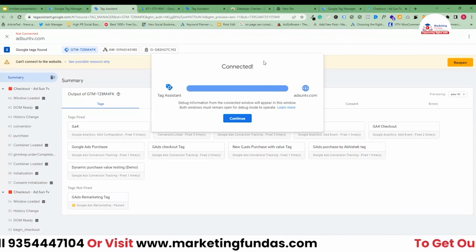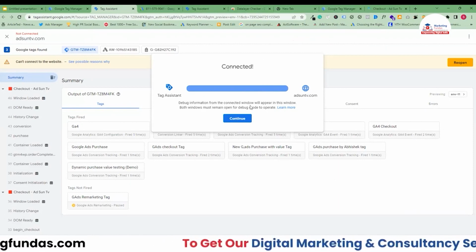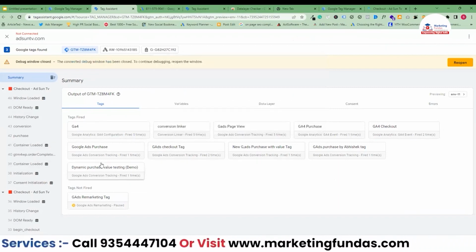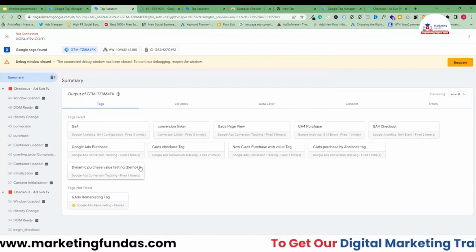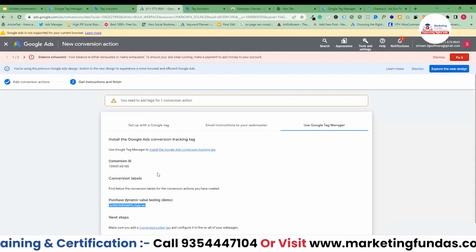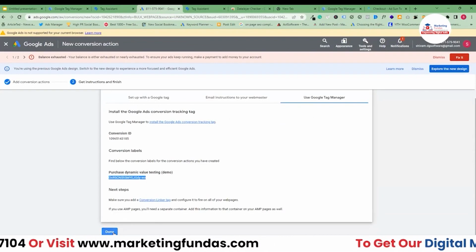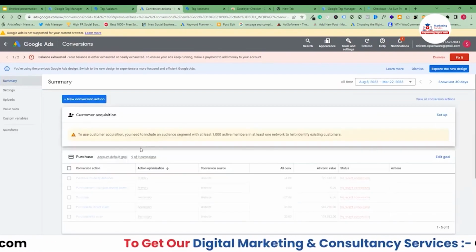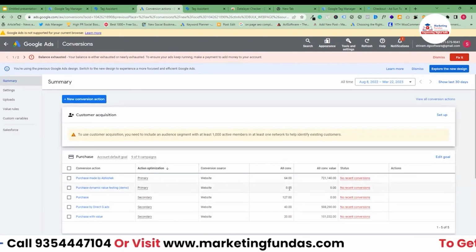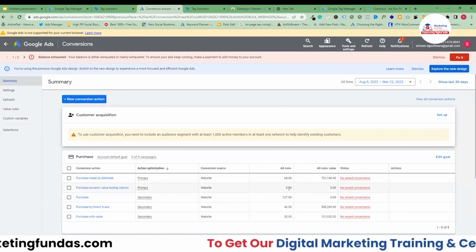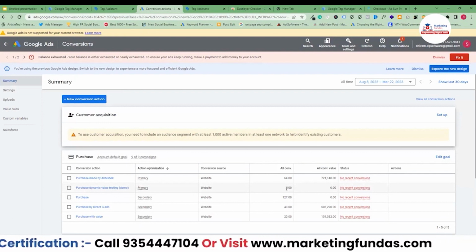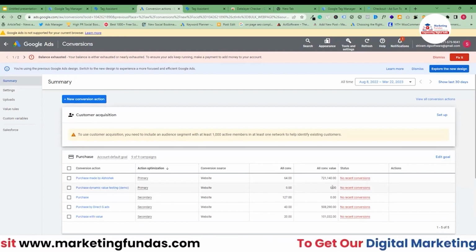Now the tag which we have created right now, the data has been tracked or not, all the things have been fired or not. Let's hit the continue button and check it out. Now as you can see, the tag which we created, dynamic purchase value testing, has been fired now, right? Now in Google Ads, let's hit the demo done button, and basically the conversion which you have created for dynamic value testing, basically to track the dynamic value,